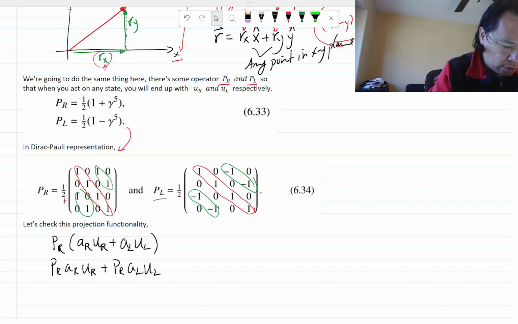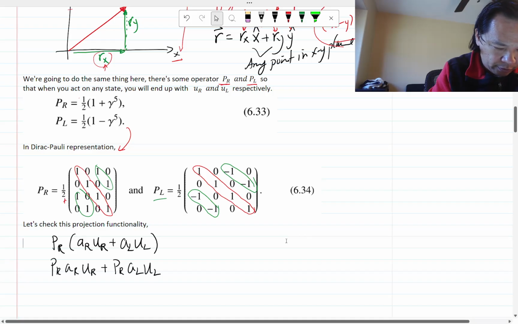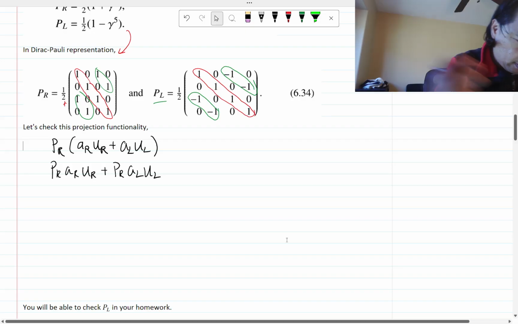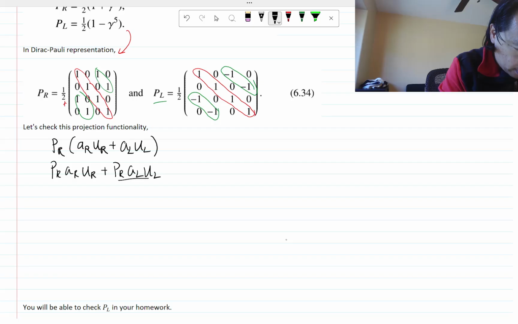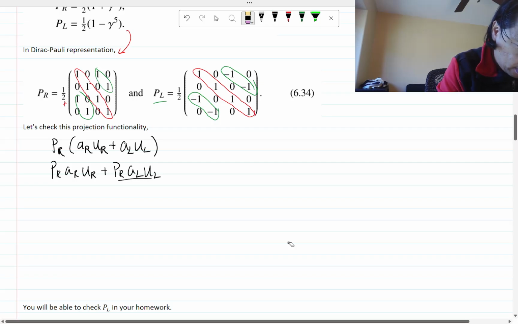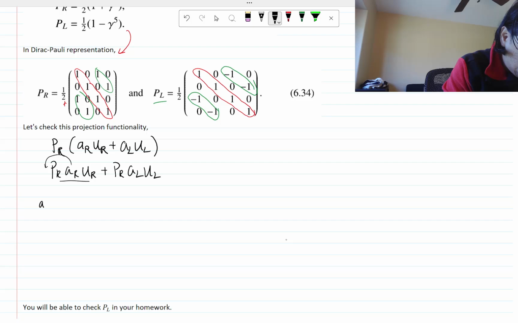Okay. So this is going to turn into a little bit. I'm going to deal with this first. Actually, let's deal with the right one first. This is just a number, so we can just pull that in front. Right, so we're doing